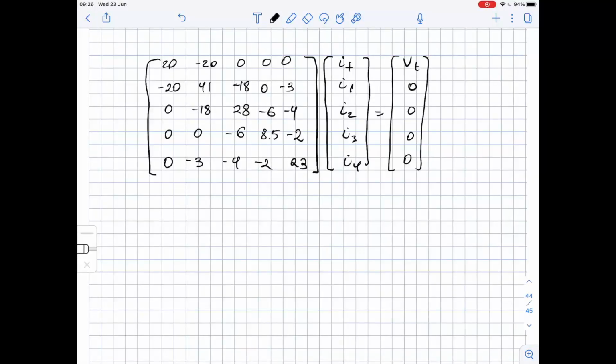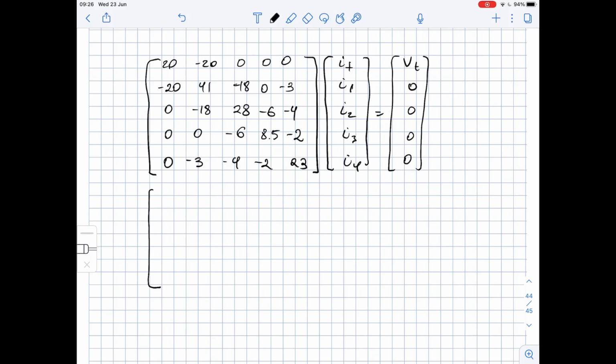So we need to solve the following equality for VT. Well, since we have matrix multiplication on the left side, we can try to multiply these two matrices and see what we get. So to find the first entry, we need to multiply the first row of the first matrix by the first column